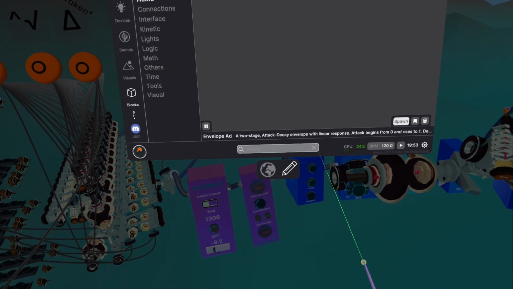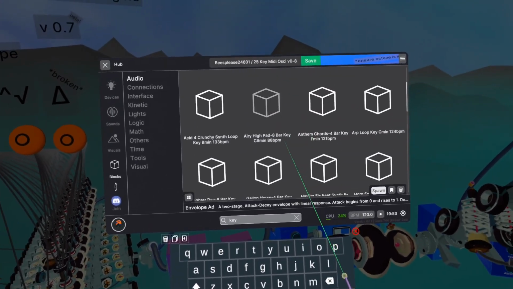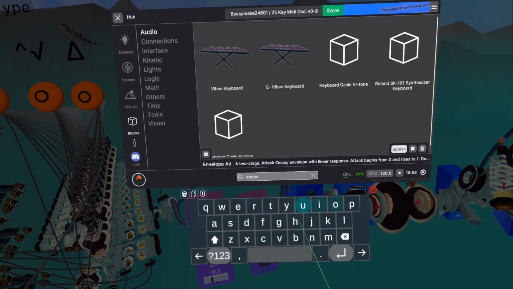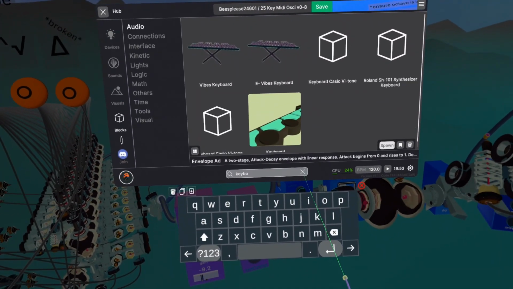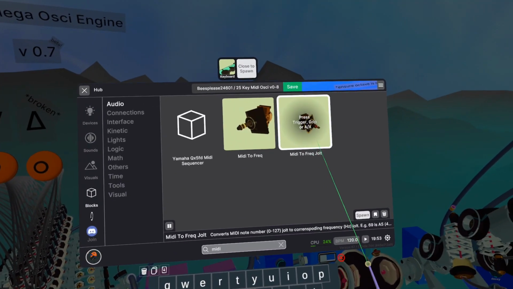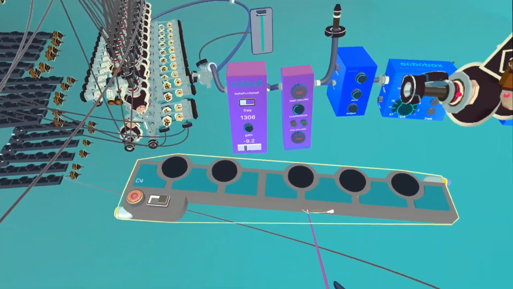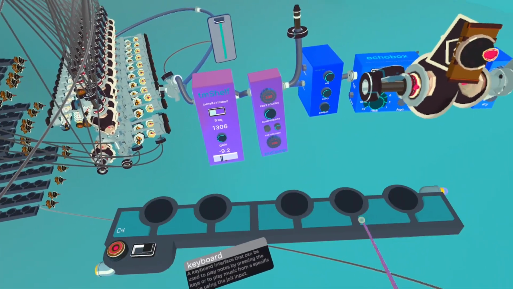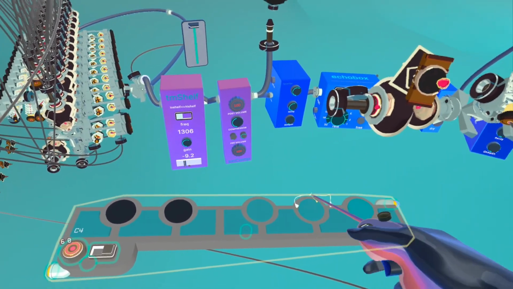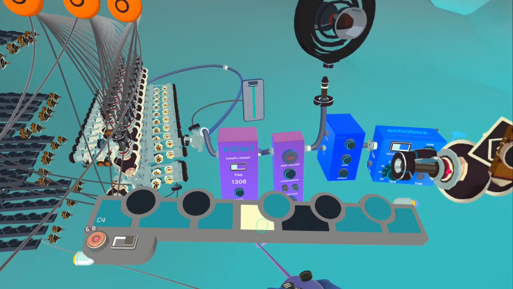So now we need a keyboard. Let's spawn in a keyboard. Oh, there's quite a lot there. And then we also need a Midi to Jolt, frequency Jolt. So you'll see here in the keyboard how the notes are blue. This is set in the global scale, so I can set the scale to different scales, and then the keyboard